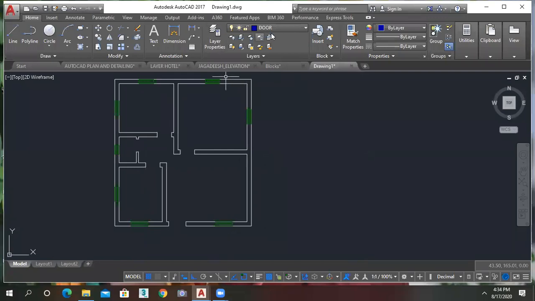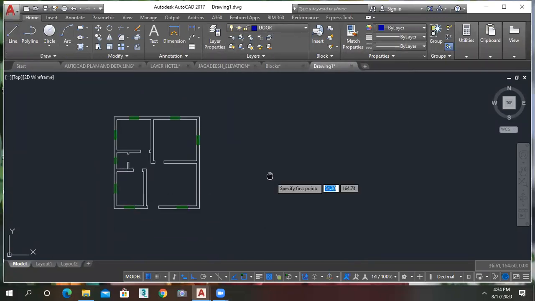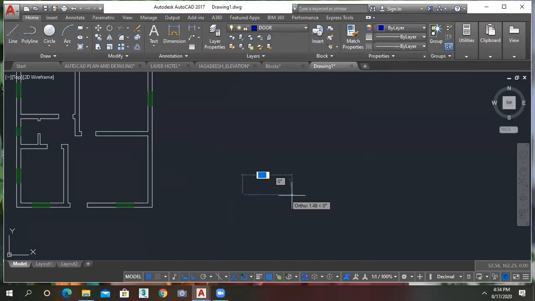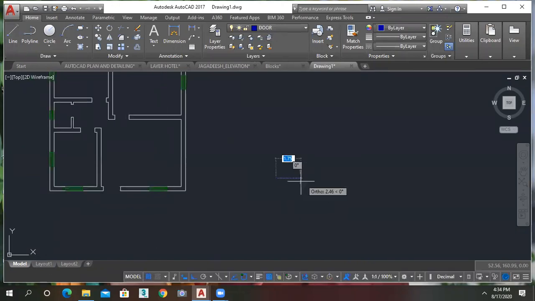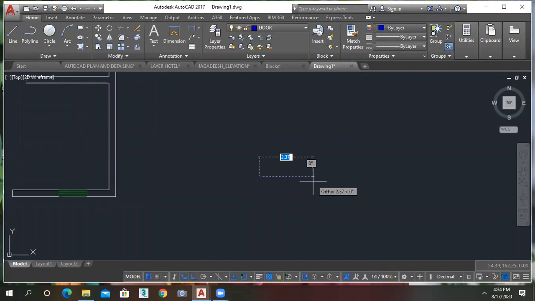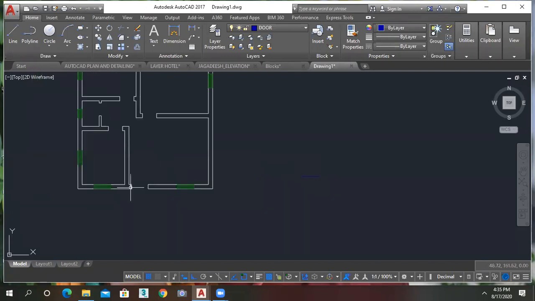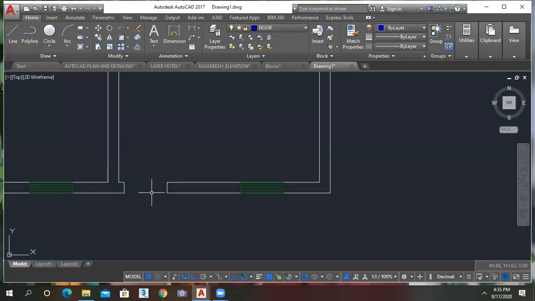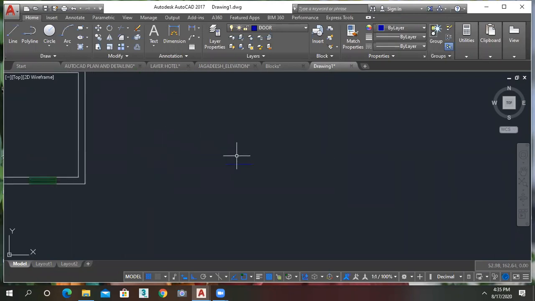Okay. So for that, just keep the door layer here and go to the particular command which we are going to use. I'm going to create a D here. What is the gap of the D? 1.2. Okay. So 1.2. This is my door. I want to open in this direction. The door frame should be here, not here. Otherwise it will become an obstacle.